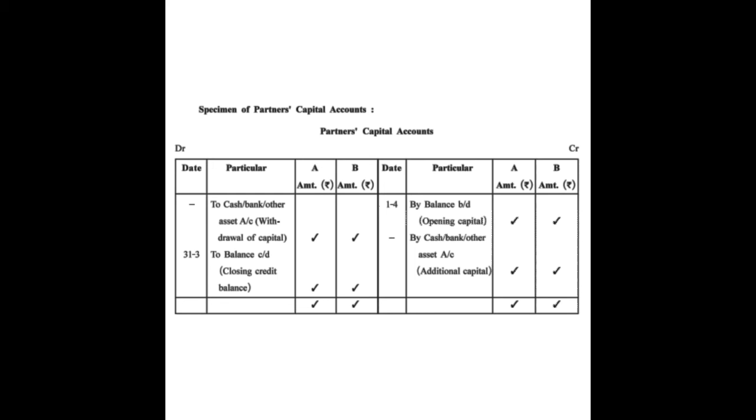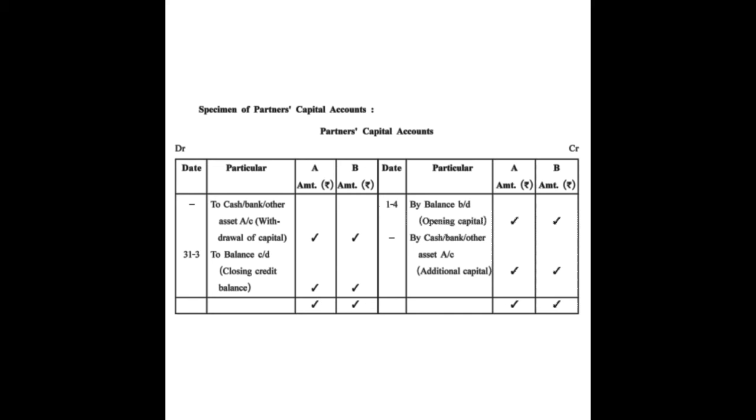So I'll be explaining both over here. On debit side and credit side, basically partners capital account has credit balance. So first of all, we'll see the credit side. Over here it is written balance brought down. It will be already given in the sum itself, in the trial balance. Just you got to transfer.